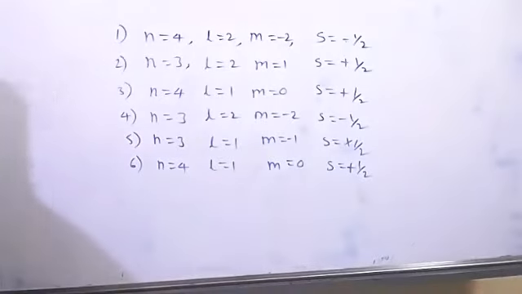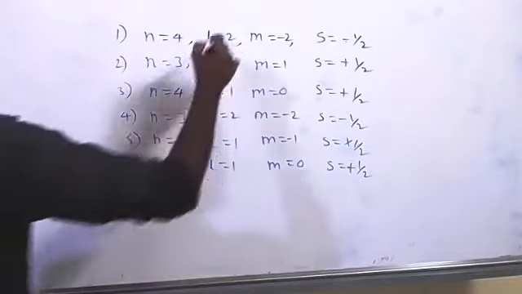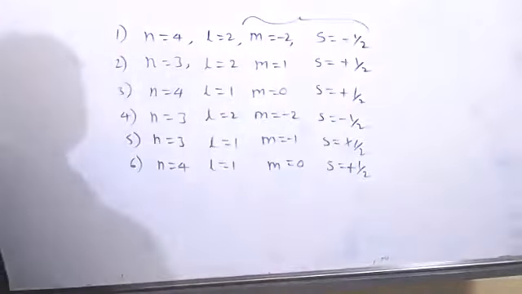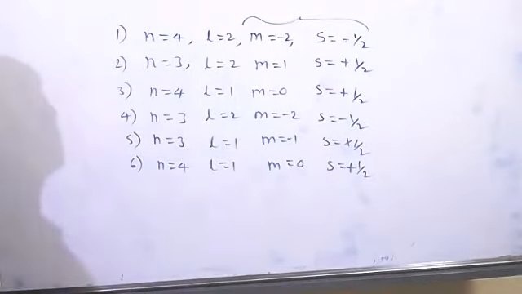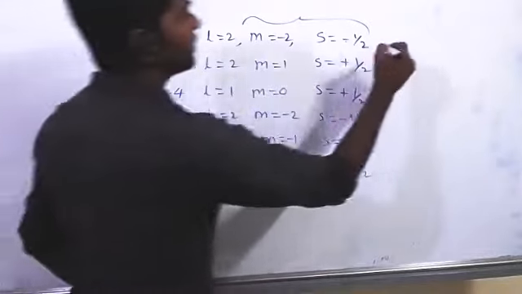So here it is asking us to arrange these orbitals in increasing order of their energy. I think these m values and s values are not required to determine the energy of an orbital. Okay, tell me what is the first orbital? n = 4, l = 2. What is the orbital name? Tejashwini? D. D orbital. Which d orbital? 4d. This is 4d. Next one.